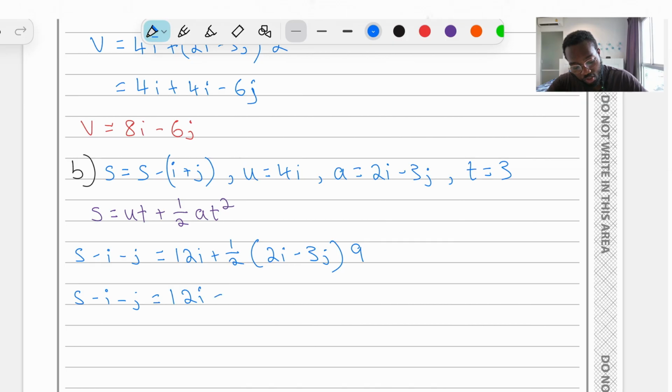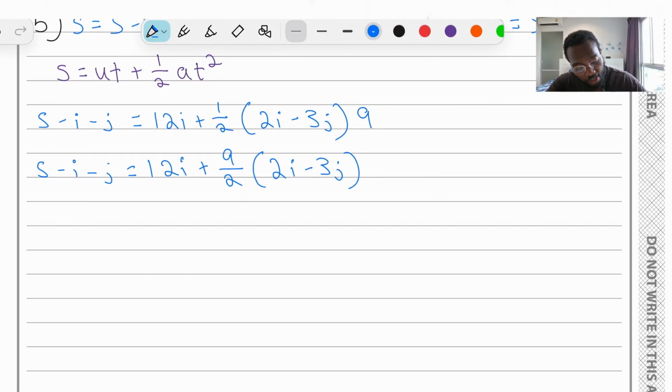We will just do 9 times a half first, so we get 9 over 2, and then in brackets we still have the 2i minus the 3j. Let's expand this out: a 9 over 2 times 2 is just going to be 9i, and then we have 9 over 2 times minus 3, which is minus 27 over 2,